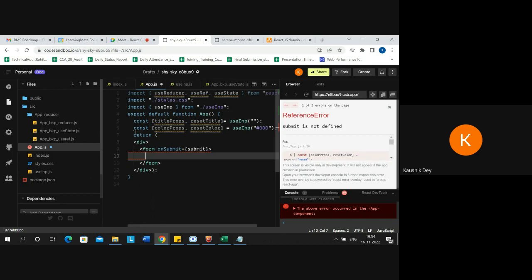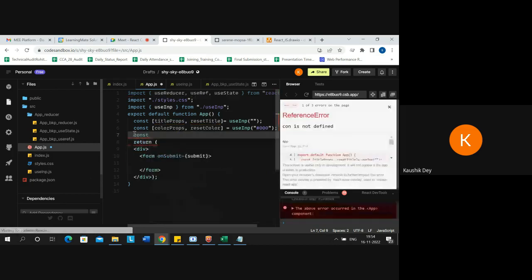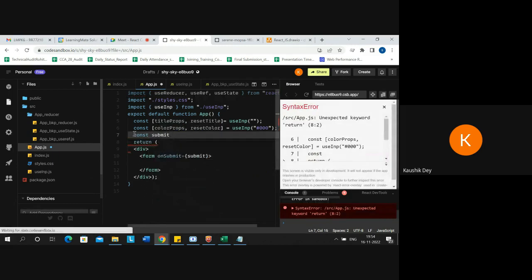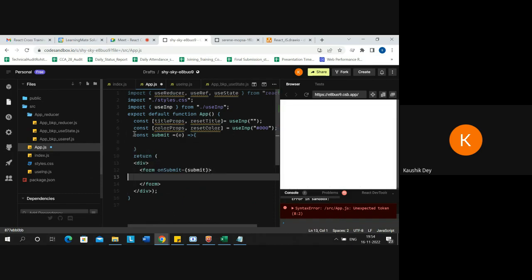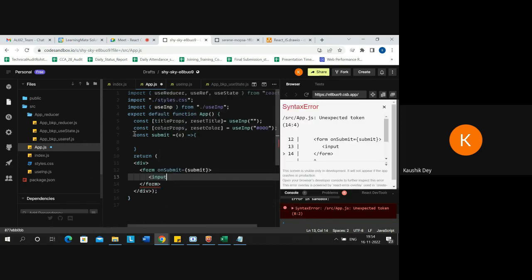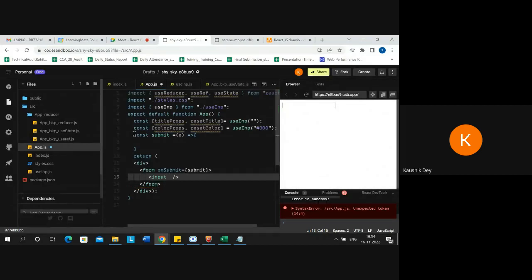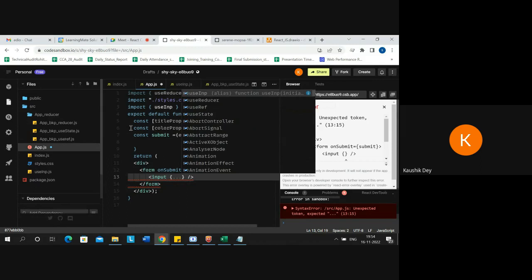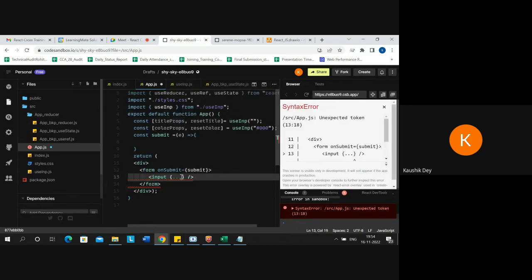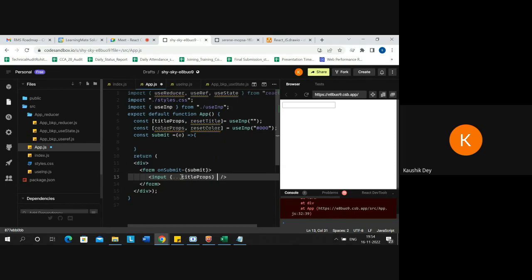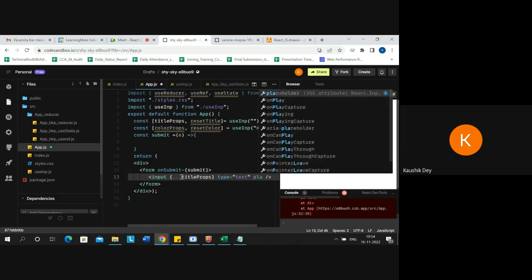I'll create one submit function, const submit equal to... Now take one input, take box and pass these things, title box, and type text. Placeholder,